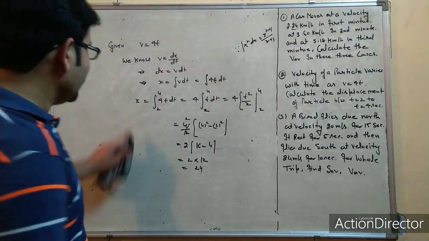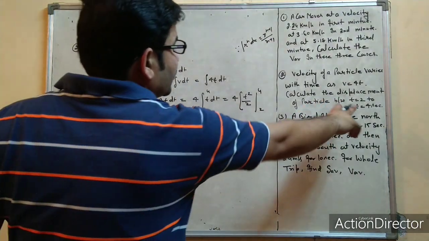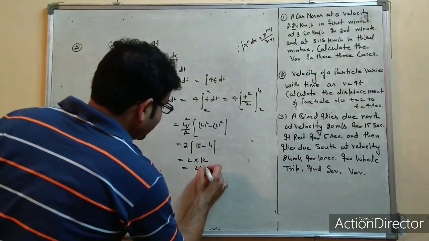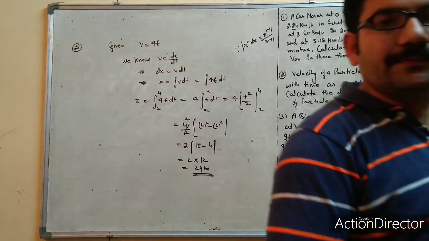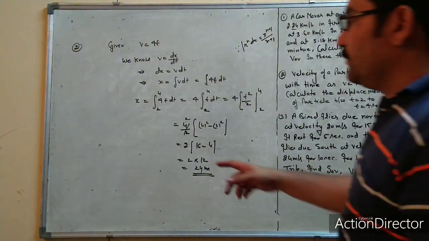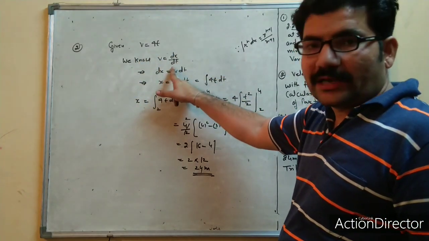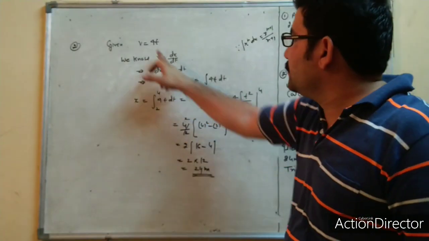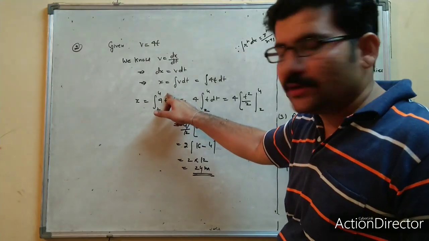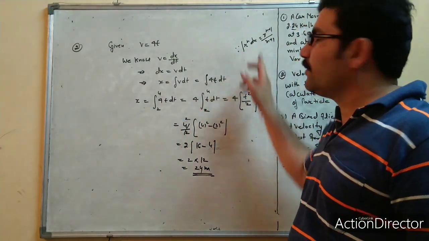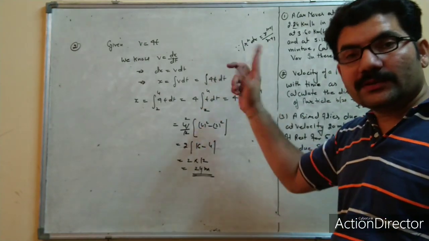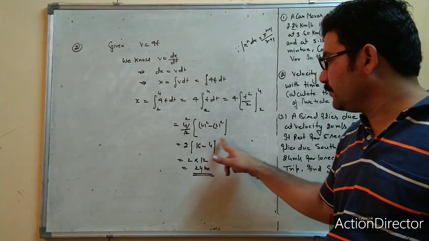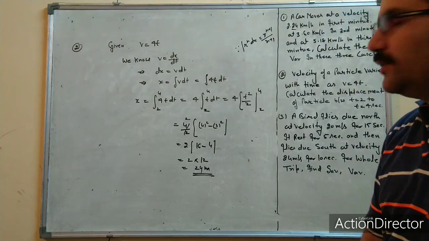So 2 times 12 is 24, and this is the displacement. The time is in seconds, and seconds are always compared with meters, so the answer will be 24 meters. Very simple. The velocity was given, and velocity is displacement upon time. Taking displacement to the other side, differentiation becomes integration. Take out the value of the constant velocity, apply the limits 2 to 4, take 40 outside, apply the formula x to the power n dx, which is t to the power 1 plus 1 divided by 2, take 2 outside, apply the upper limit minus the lower limit, solve and get the answer. I hope you understand very well.